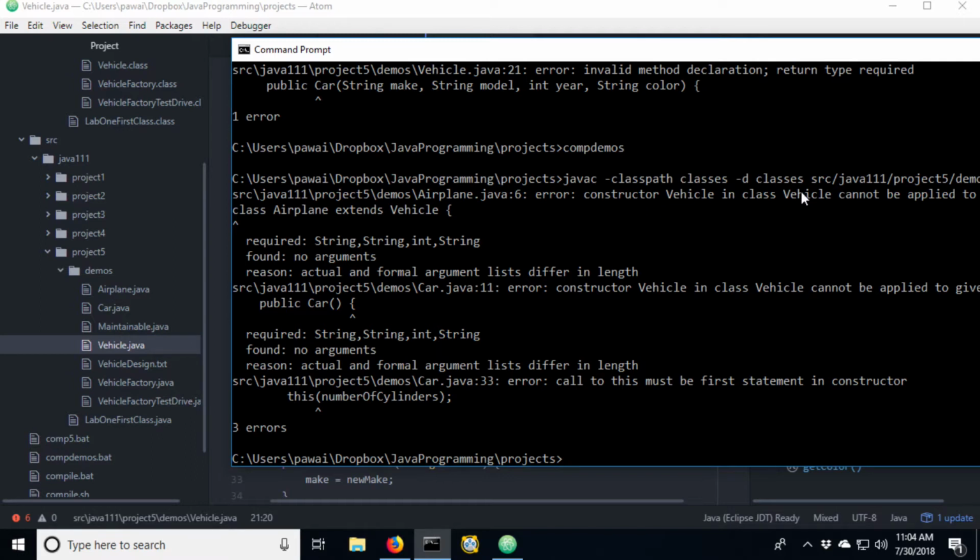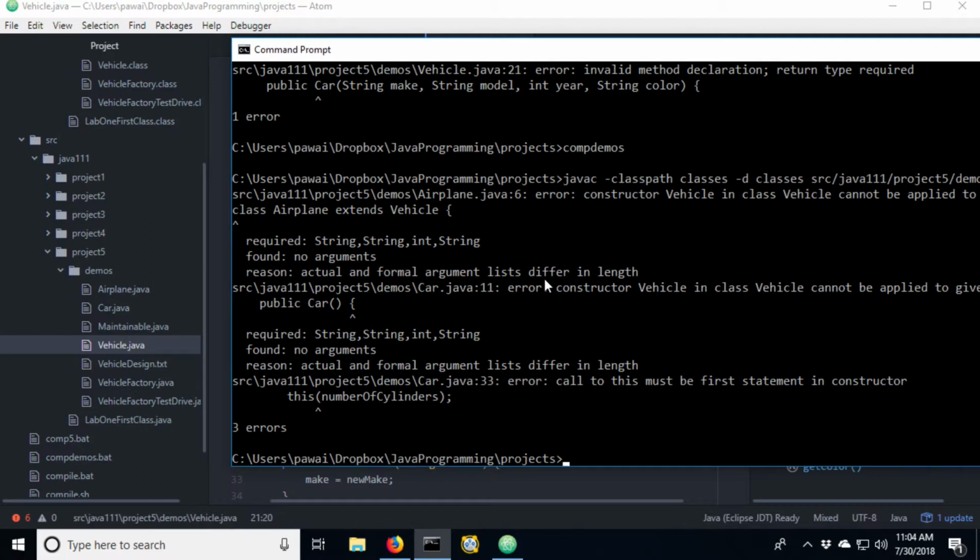So constructor vehicle in class vehicle cannot be applied to class airplane extends vehicle. And that might seem like a big mouthful, and it really is. The more specific information about required and found is what's going to indicate to us what's really going on here. So required: string, string, int, string. That's the constructor that I just built, right? Found: no arguments. Actual and formal argument lists differ in length.